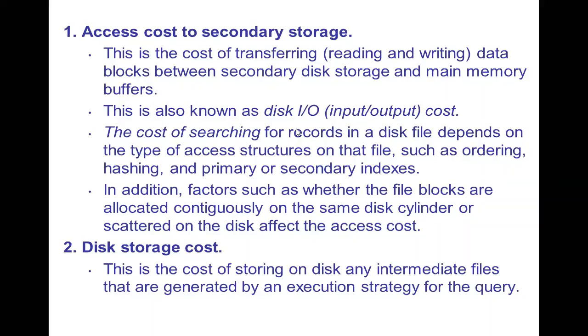That is, whenever you access even a single data item or a bulk volume of data, those data should be obtained from the hard disk, and again it has to be brought to the RAM for processing. Okay, so that access cost we are measuring here. Okay, able to understand? So from the primary memory to the hard disk, how many times or how many resources are utilized for each and every data access. Okay, that we generally measure here.